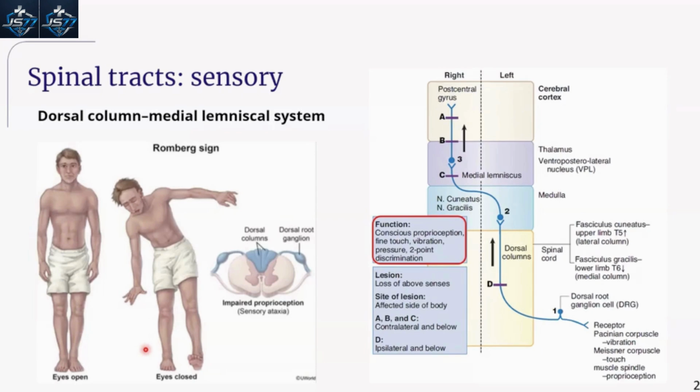Fine touch, yes, so fine proprioception, fine touch, and vibration. So crude touch is kind of like a borderline definition that's more pain than touch, because if the touch is crude enough, it'll elicit pain sensation. So that is more related to the spinothalamic